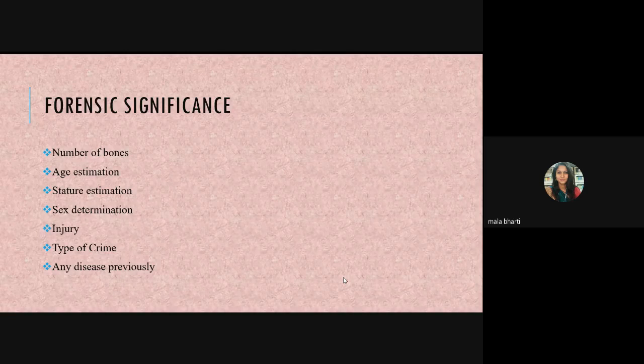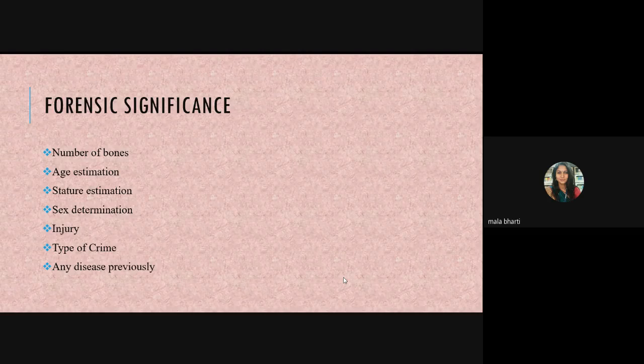Then the type of crime. Regarding the type of crime, be it an arson case, or any weapon being used, a projectile weapon or a sharp weapon or a hammer, any sort of weapon with enough force to harm the skeleton, and let's say later the body was discarded or buried. If we recover the bone even after a huge gap, we can easily find out what happened, and we can reconstruct things as well.